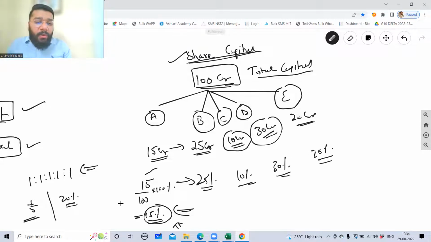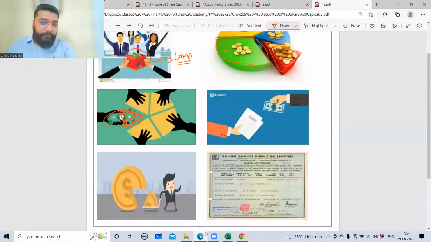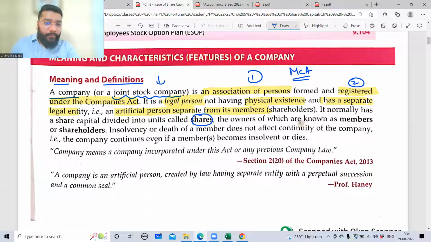So at the end, all this put together should be equal to 100%. Because always share of capital or share of profit is out of 100% only. I'm talking about percentage, not amount. This can be 1000 crore, 200 crore, 2000 crore or 20,000 crore. But at the end, everything will be equal to 100%. Am I clear or not? Yes. Now coming back here,